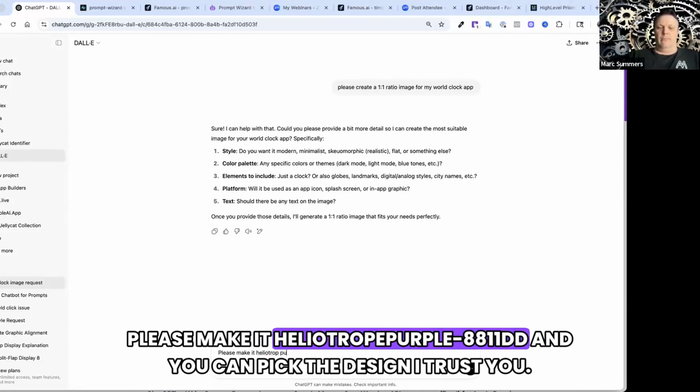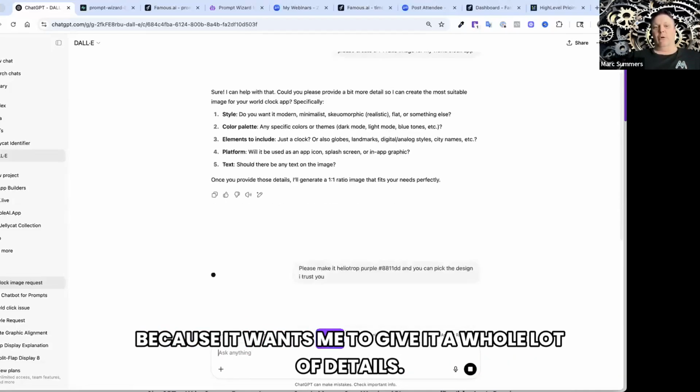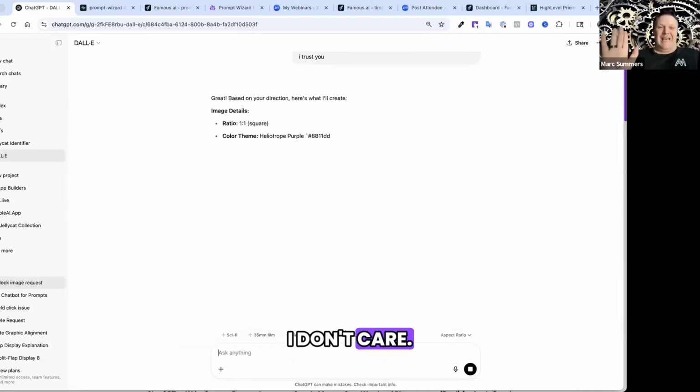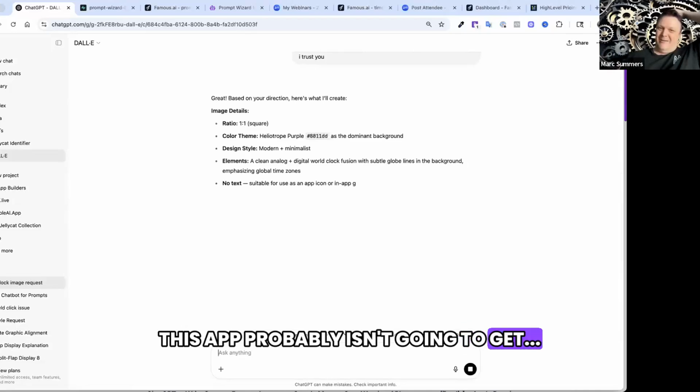heliotrope purple hash 8811DD. And you can pick the design. I trust you because it wants me to give it a whole load of details. I don't care. This app probably isn't going to get